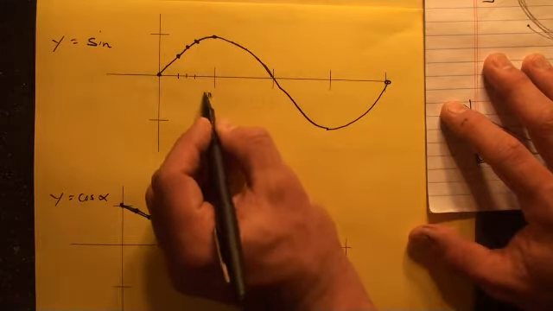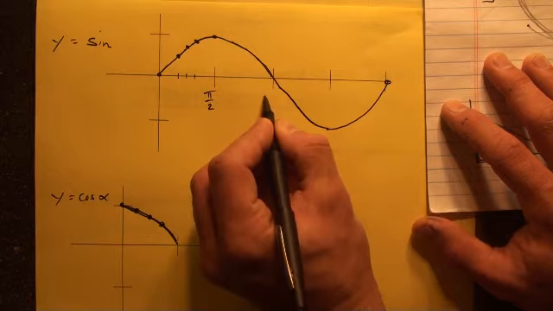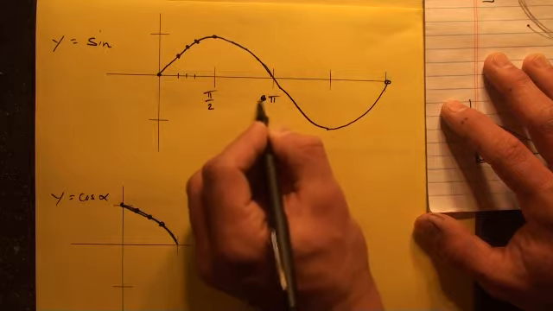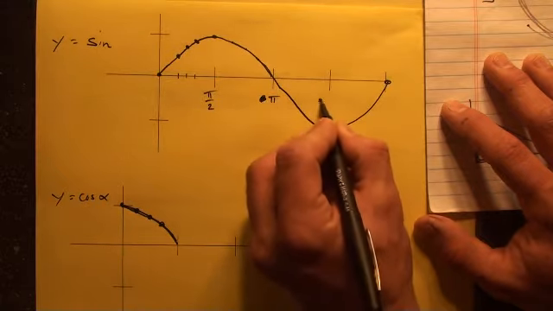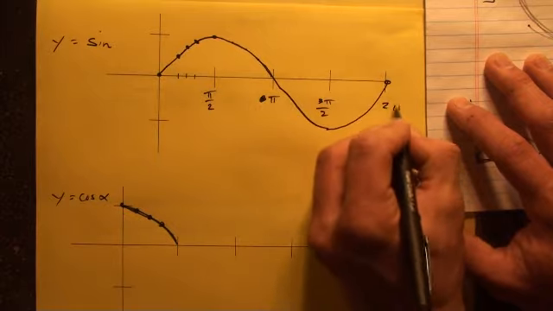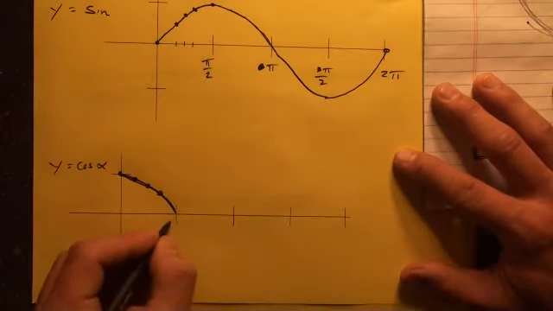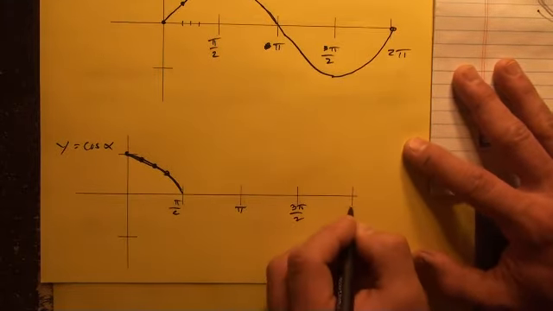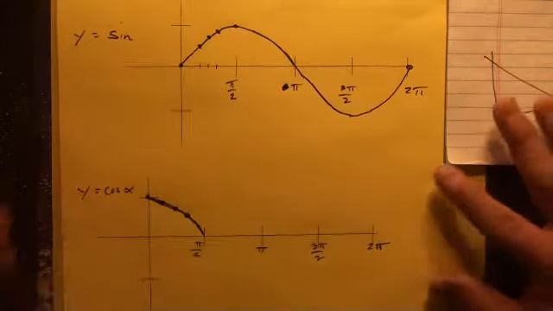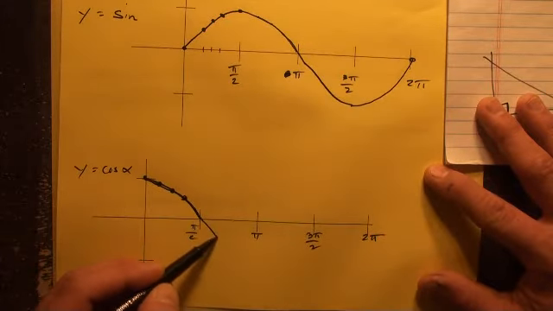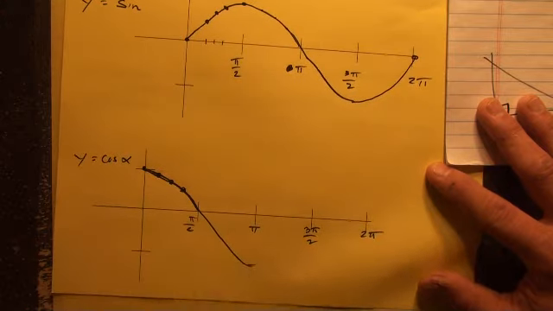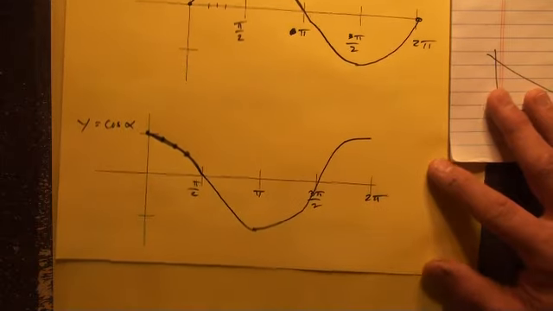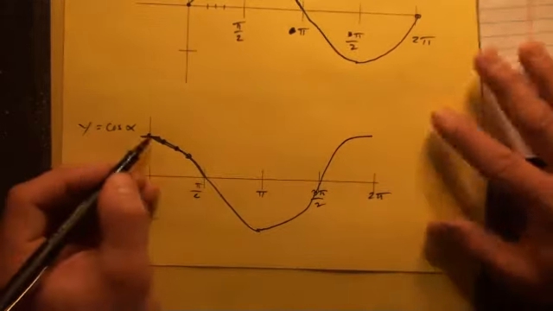This would have been pi over 2 for 90. This is just simply pi. That's 180, right? Then 270 is what? 3 pi over 2. And, of course, that's 2 pi. Now, same thing here. We're going to do pi over 2, 90 degrees. 180 degrees, which is pi. 270 is 3 pi over 2. And 360 is 2 pi. Now, we're going to end up down here, right? At 180, we're going to be at -1. We're going to dip back up, and we'll be over here. Okay? So what you're going to have here